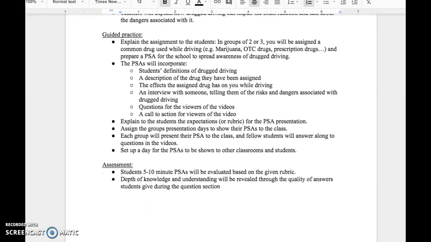Explaining the assignment to the students: in groups of 2 or 3, they will work together as they're assigned a common drug that's used while driving, for example, marijuana, over-the-counter drugs, prescription drugs, or illegal drugs, and prepare a public service announcement for the school to spread awareness on drug driving. These public service announcements will incorporate students' definitions of drug driving, a description of the